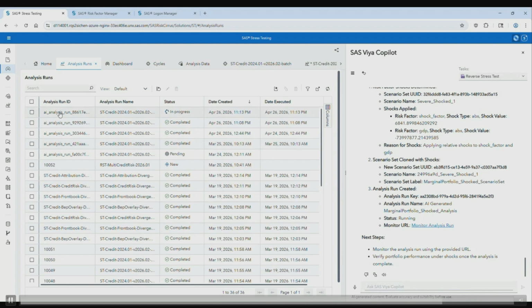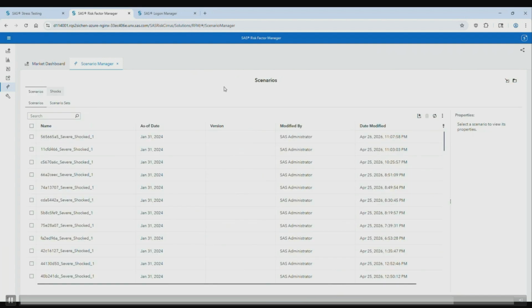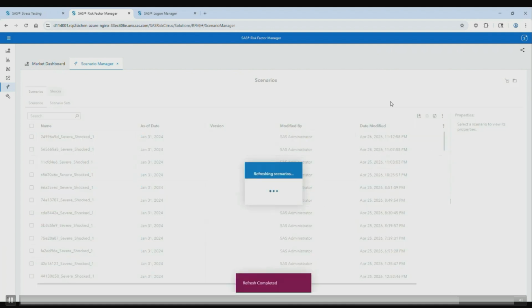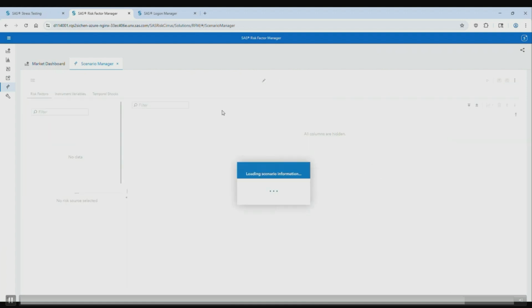Now, just like earlier, we have a new analysis run that's been created, and we can again look at the objects used for the analysis run, and the new shocks that are generated for this revised marginal portfolio loss threshold value. So this kind of analysis is possible within the solution.